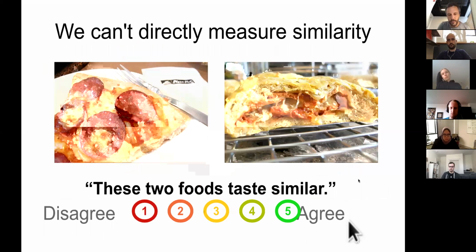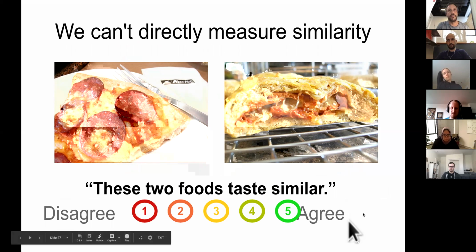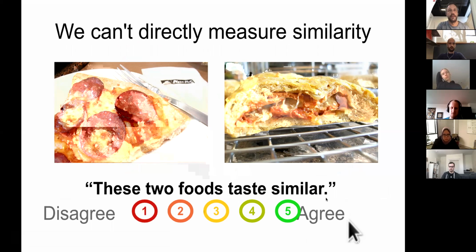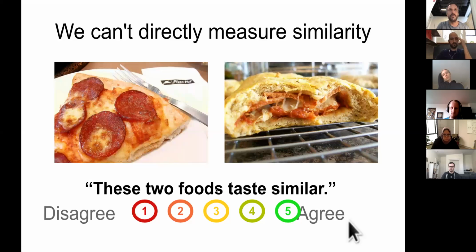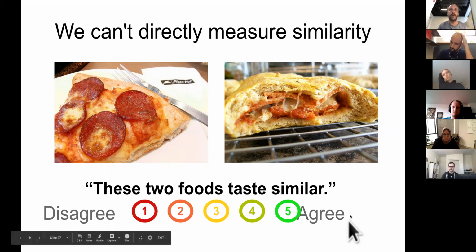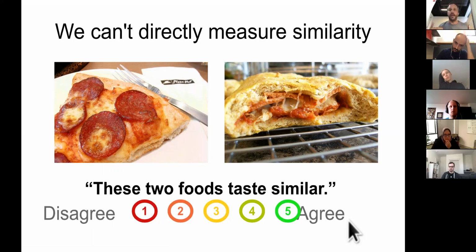And if you look at relative comparisons in the literature in general, a lot of approaches that involve things like metric learning or collaborative filtering, when you're collecting training data, they're based on looking at pairs. So here's an example of a pair of stimuli. And the question that is pondered by the human observer is, do these two foods taste similar? So in this section of the talk, we have a statement that we put out, these two foods taste similar. And as you go through the survey, you're indicating your level of agreement.